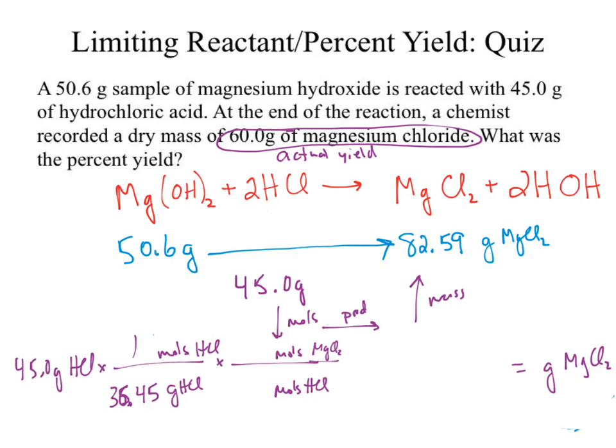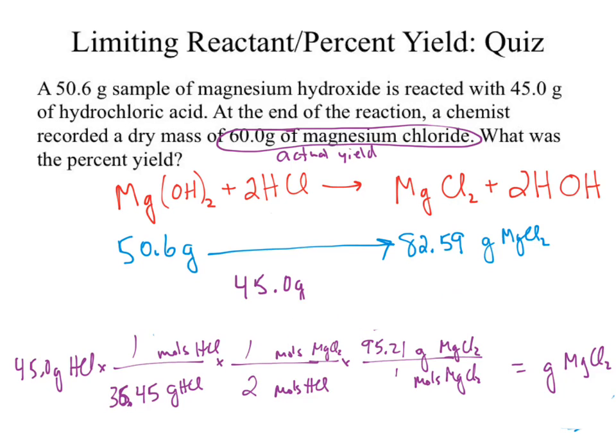Where do I find the numbers that go in that? Now I go back to the balanced equation. What number shows up in front of magnesium chloride? What number shows up in front of HCl? 2. Okay. I'm now in moles of magnesium chloride, and I want grams of magnesium chloride. Where do I find the conversion between grams and moles? From the periodic table, which we thankfully had already calculated, and I've already forgotten that number. Was that the 95 something? 95.21 grams per mole. We can again go through, punch it into the calculator, and we end up with our answer being,